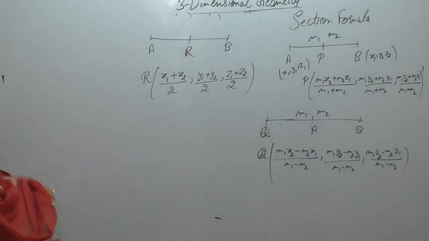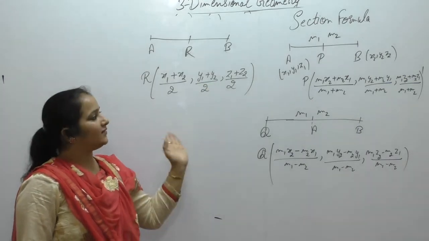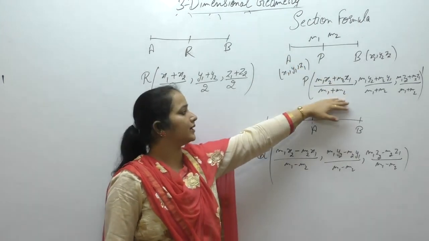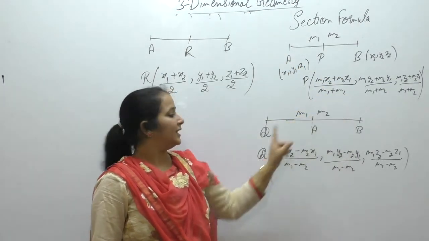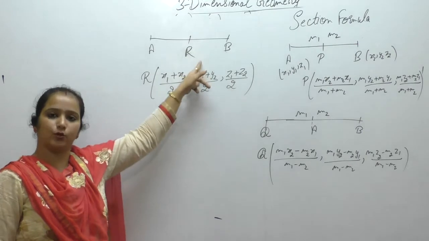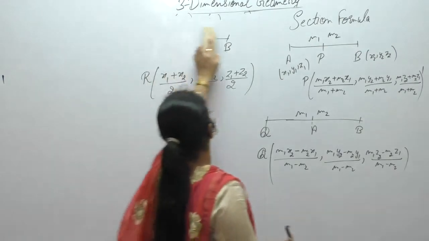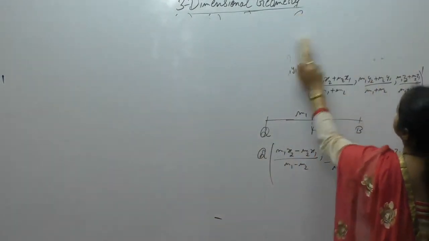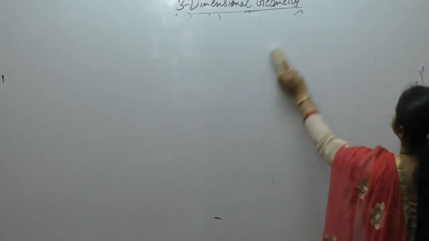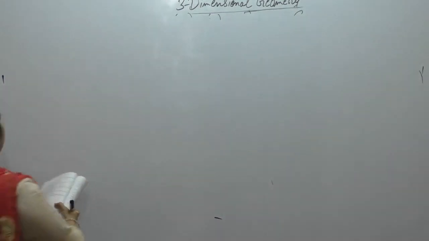This is about section formula. Now we will do questions relating to section formula. If any point divides 2 points internally in the ratio m1 ratio m2, then the coordinates of that point will be this. If it is divided externally, then the coordinates are this, and if it is the midpoint of those 2 points, then the coordinates are these. Now let us start with the questions. सेक्शन फॉर्मूला से रिलेटेड क्वेश्चन स्टार्ट कर रहे हैं हम।